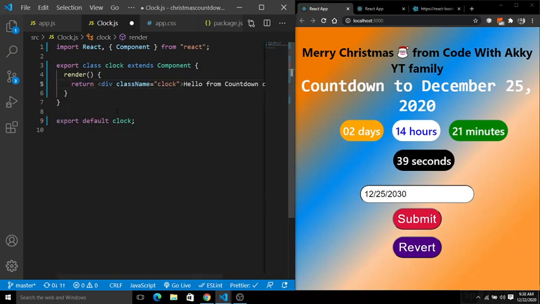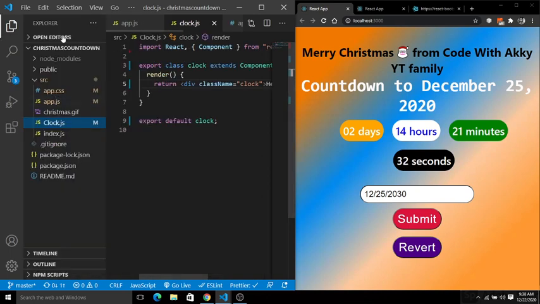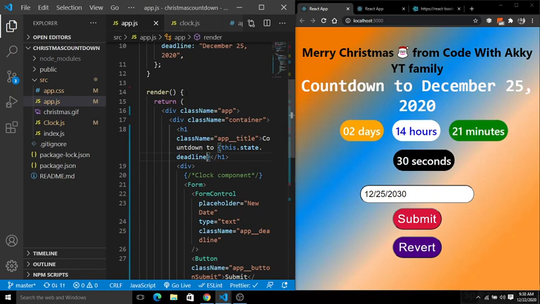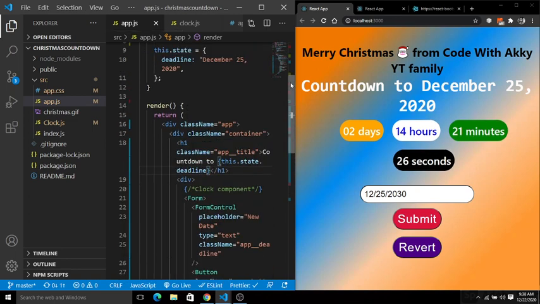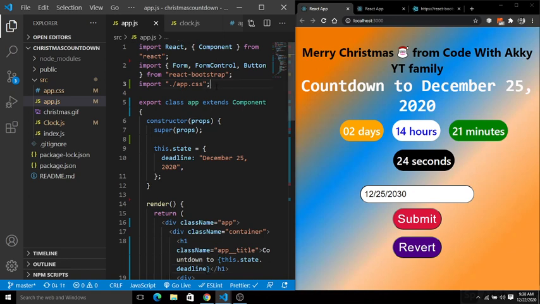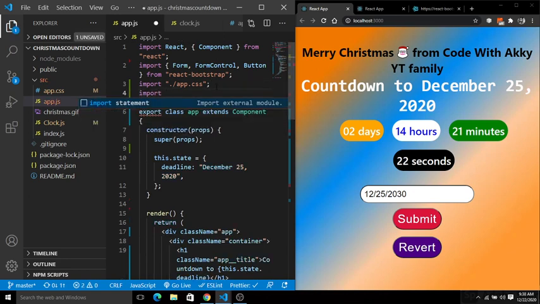Save this. Okay, so first of all what do you have to do? You have to import this inside your app.js. So at the very top of the page, import clock from ./clock.